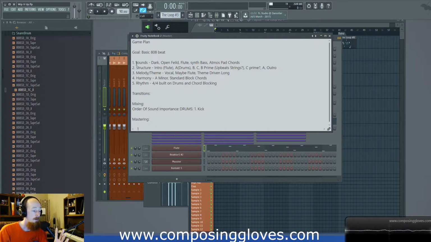So we have sound, structure, melody, harmony, and rhythm. Those are our 5 major components. And so I started off with sounds. You may order these differently according to what your goal is. I said my goal is a basic 808 beat, and it's clearly a sound type thing. I'm not worried about structure as my principal concern. The 808 in there is the big word. When I say 808, I'm thinking of just the boom, boom, boom, those big, long kick drums. I just want something with a cool one of those 808s in there. So I said sounds.